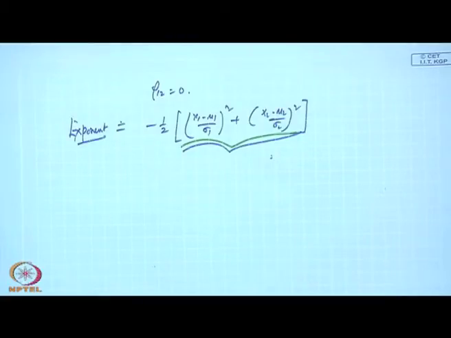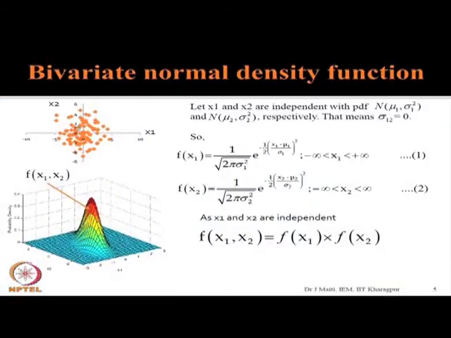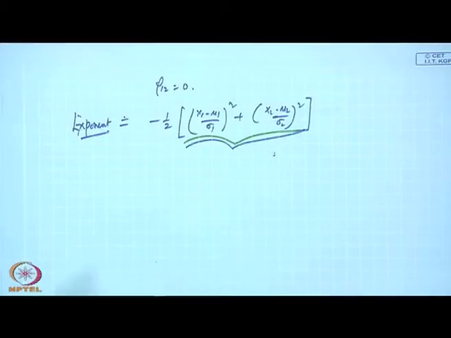Correct. Now, see this diagram. This is a very important concept here. See, this is my equation, and we have started with this. We said this is the scatter plot of x 1 and x 2, and it resembles that there is no dependency between the two variables. That means covariance is 0, and we assume sigma 1 2 equal to 0. So, this one is nothing but this ellipse. What is coming here? This ellipse.